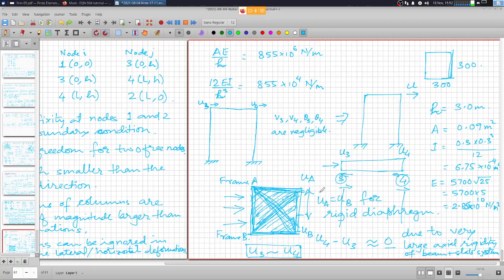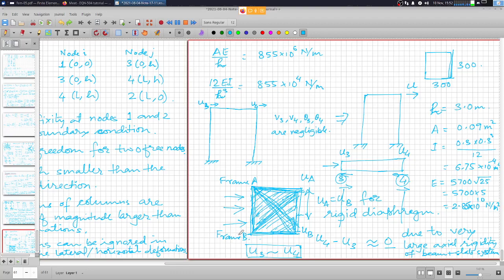Because if frame A moves by a different amount than frame B, then of course the slab is going to have a curvature, and that is not allowed for a rigid diaphragm. So if the diaphragm is so rigid that any axial deformation within its plane is negligible, then the force taken by frame A will be in proportion to the stiffness of frame A,